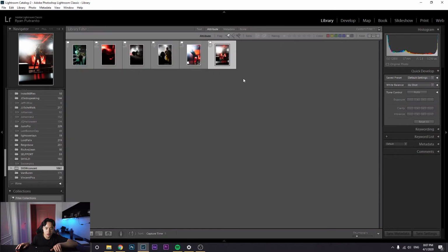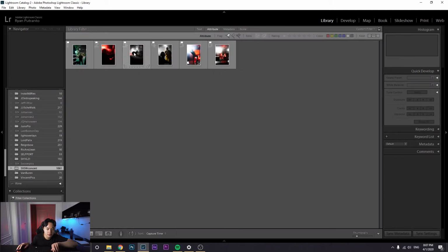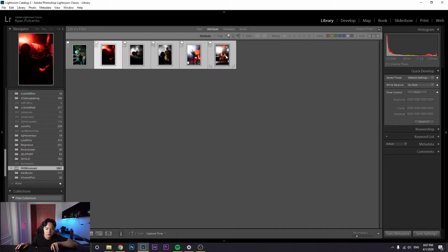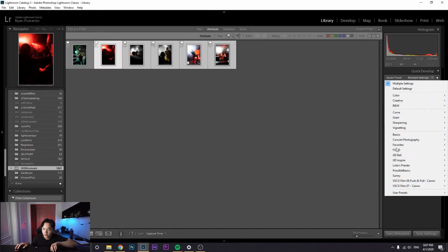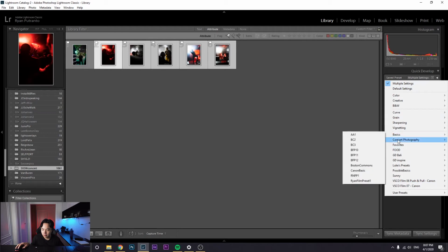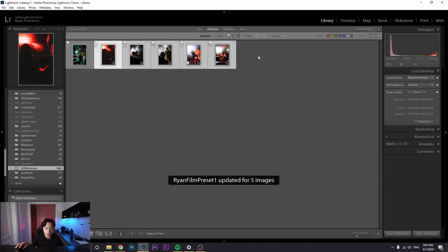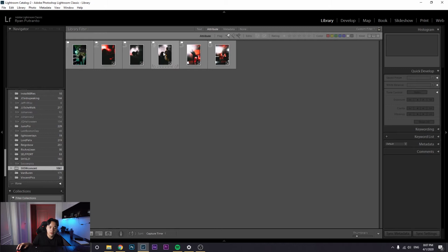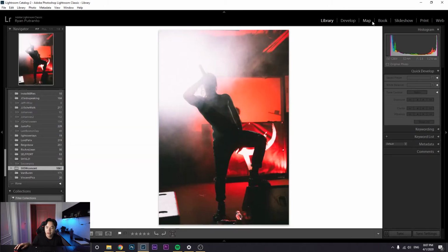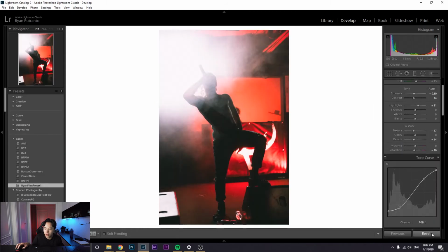say for example all these photos are the same white balance, I can hold down Shift, select all of them, and then go to my presets right here, and then basics, and like the film preset for example, and they'll all have like the same theme, so that works out really well. But if I didn't want to do that and I wanted to edit it from scratch,